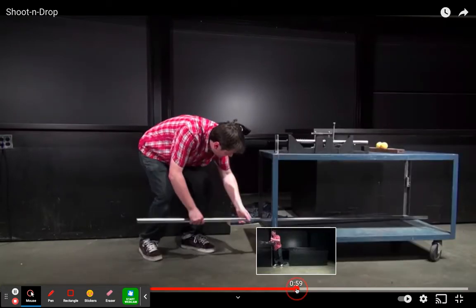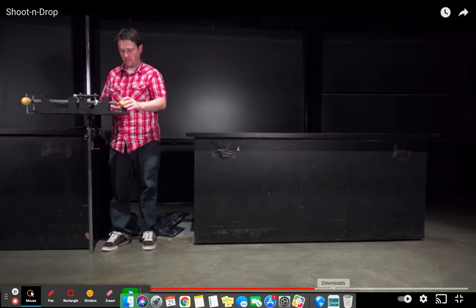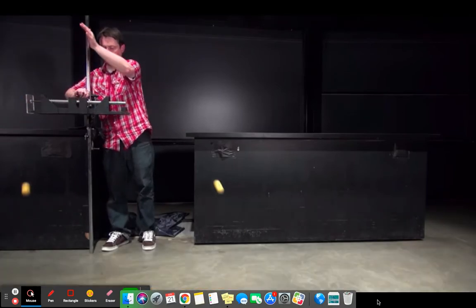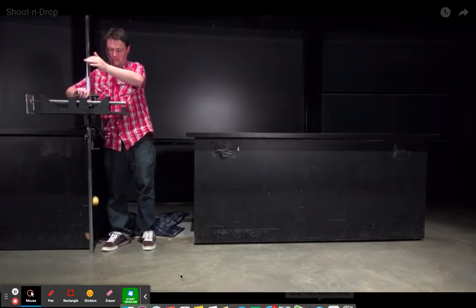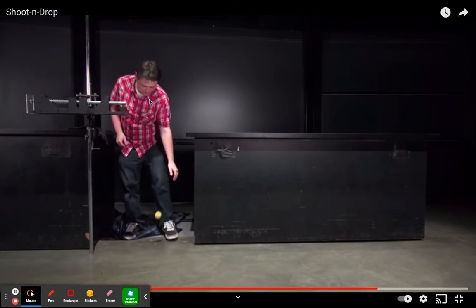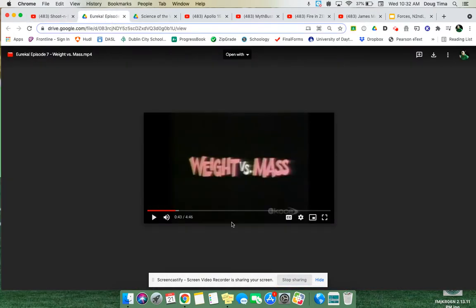Of course, he doesn't do it again. He cleans up. But here you go. We'll try it one more time. Not only watch the first hit, but the second hit. So it has exactly the same amount of energy, and the reason it has the same amount of energy is because it's dropped from the same spot. I know that was a quick demo, or a quick little video, but there you go.